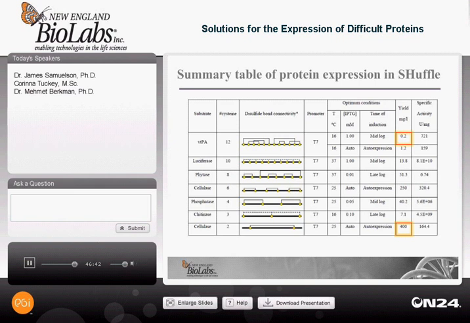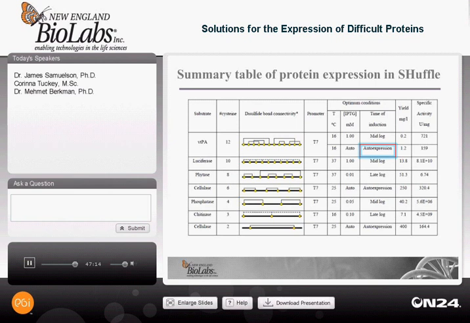We also noticed that a novel auto-expression method using Invitrogen's magic media greatly improved the final yields. We do not understand the exact mechanism of this, but when we express the same construct by just letting them grow overnight in this magic media supplied by Invitrogen, we had a 6-fold improvement in activity for a very poor folding protein. So perhaps for Shuffle strains, we recommend trying the Invitrogen magic media as an improving method.